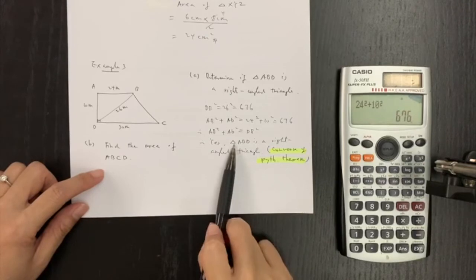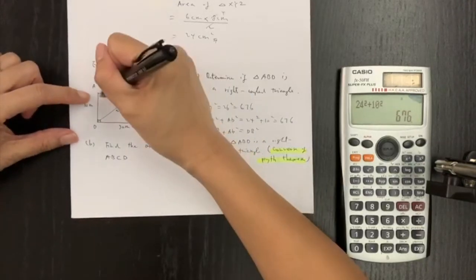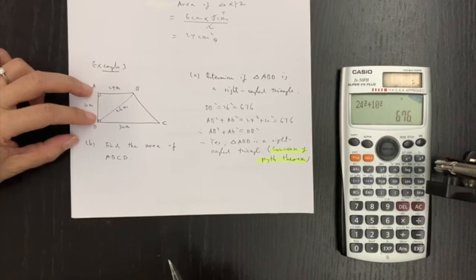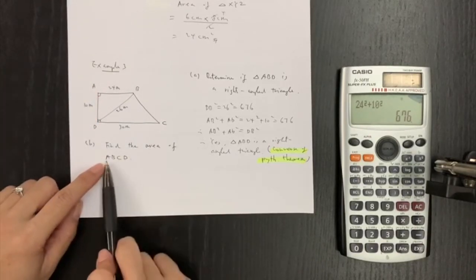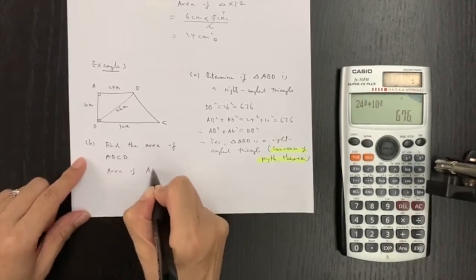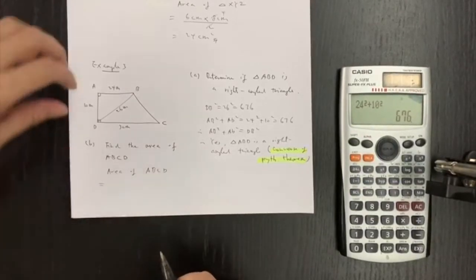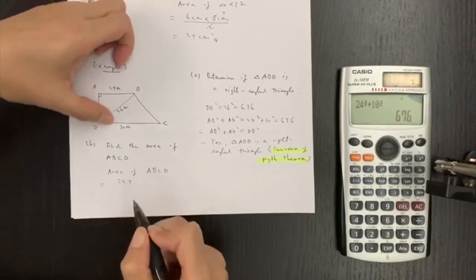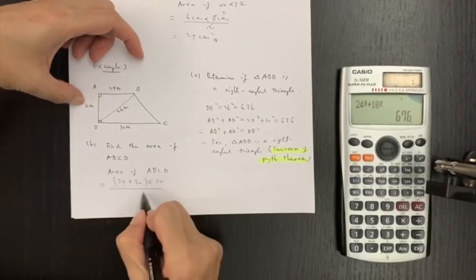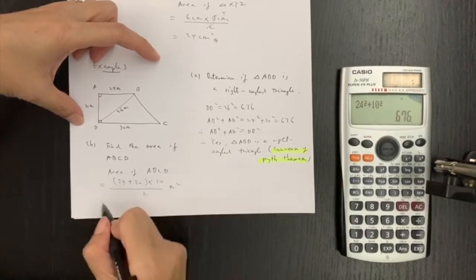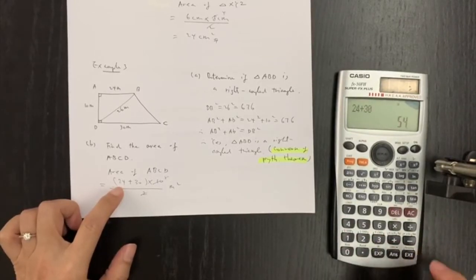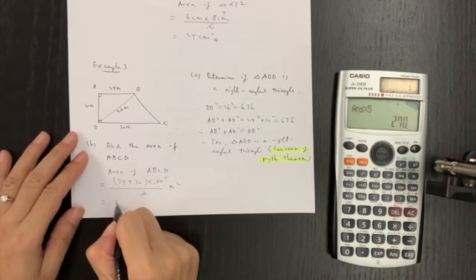Okay, so from part A, we have proved that ABD is a right-angled triangle, so we can say that this is also a right angle here. So what shape is this quadrilateral? It is a trapezium. Now I have enough information to find the area of ABCD, which is also a trapezium. Now I can just use the formula: the upper side plus the lower side, times the height, which is 10, and then divided by 2, and then I use m squared for the units. So this is 5, so that will be 24 plus 30, and then times 5. So I have the final answer for the area: